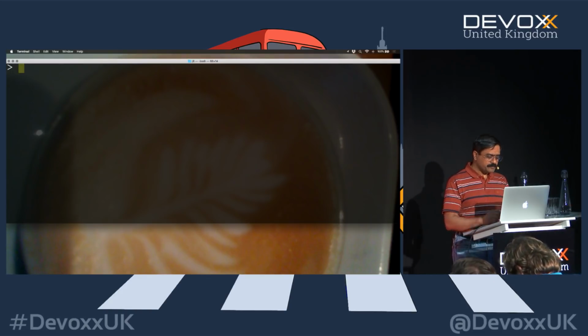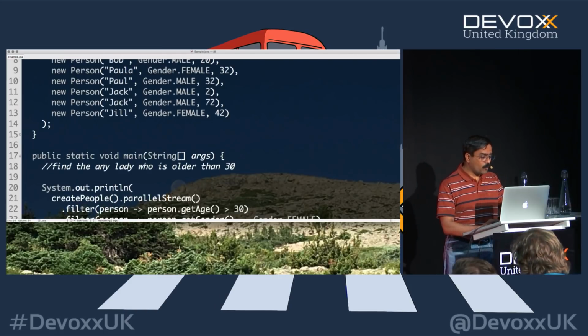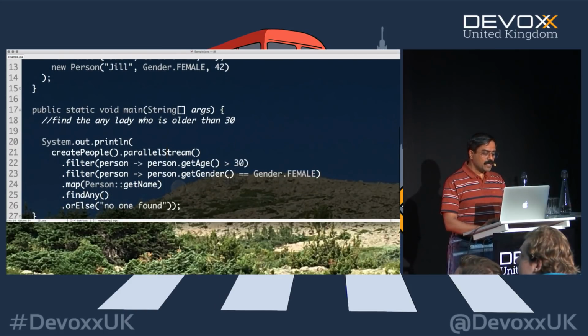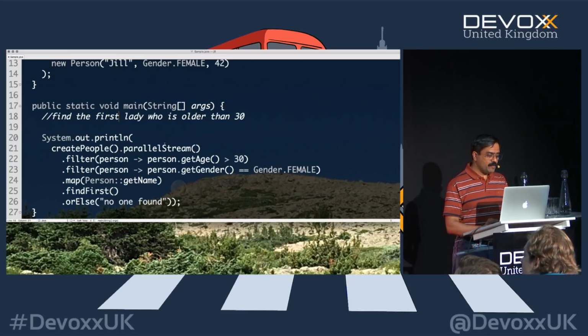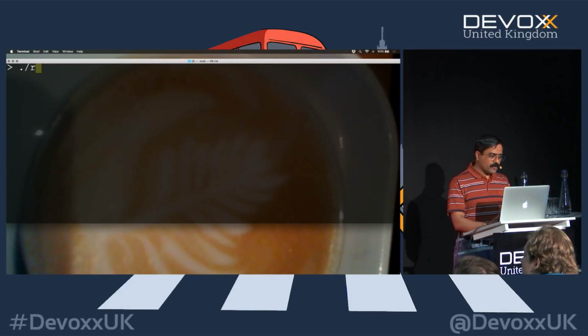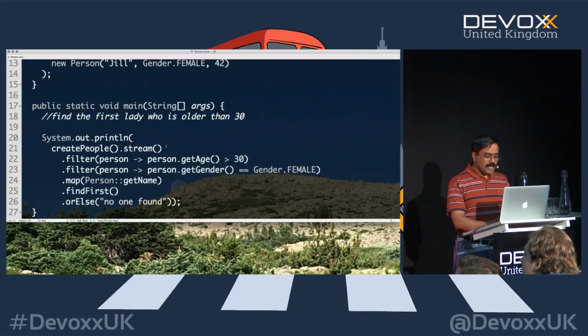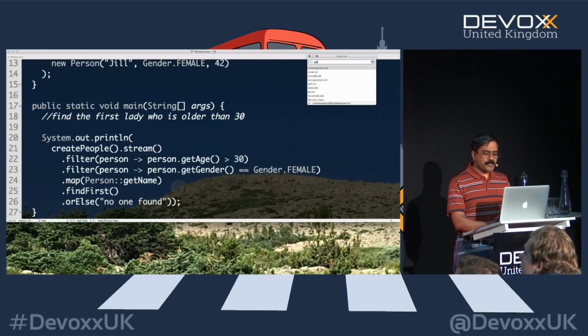But that brings up yet another important point. Let's go back to this example. Let's say find first one more time, and this is the first one. But let's go ahead and say this is going to be sequential, and we will say stream again. This time, of course, you know that it's going to be Paula one more time, but let's look at something a little different. Let's go over to the person class.